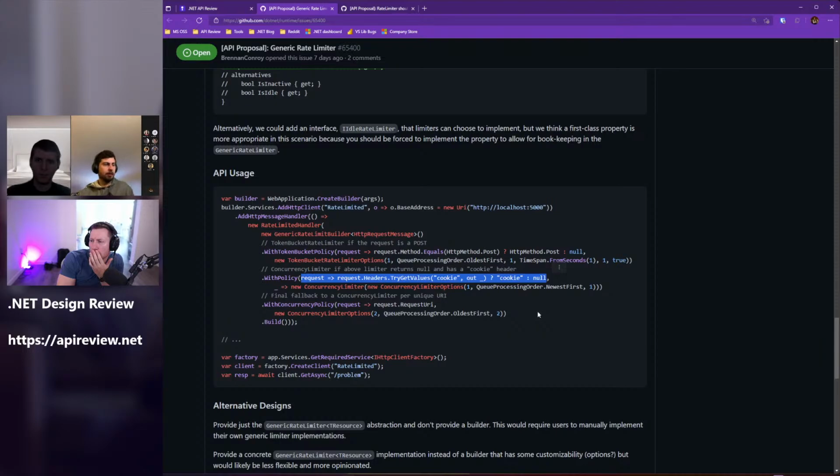Why is that not just user logic inside of a single delegate call? Like you mean they have if post, else if cookie, else URI? Yeah. So the reason is probably